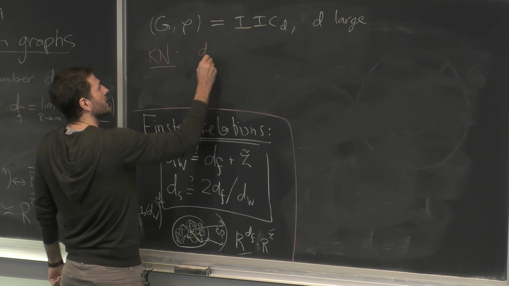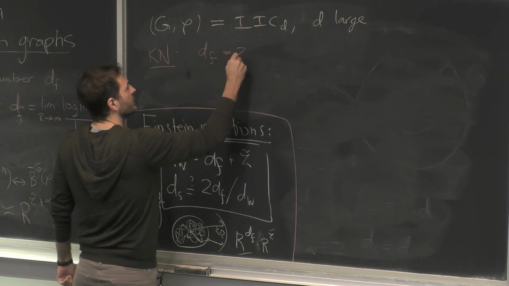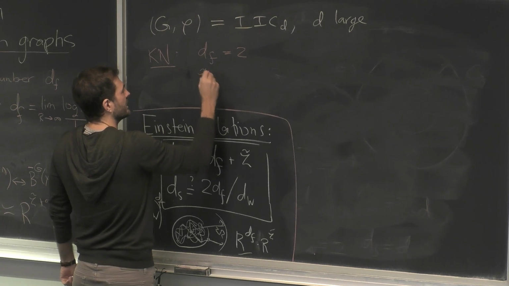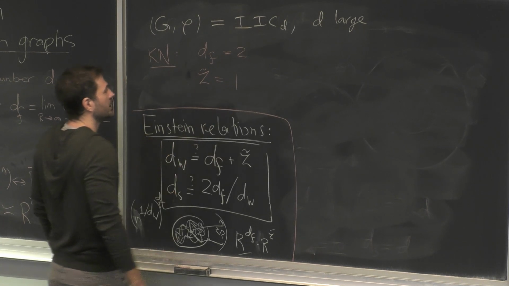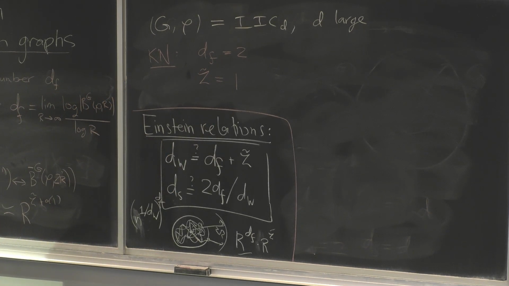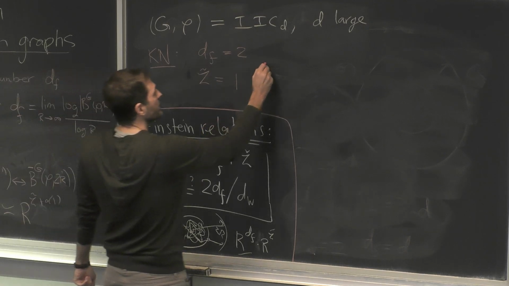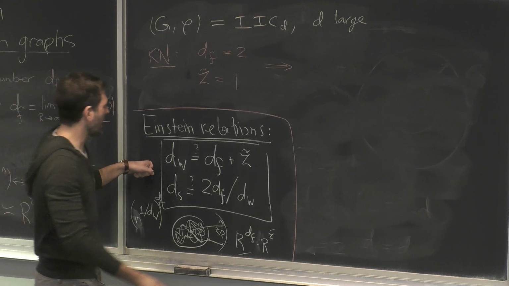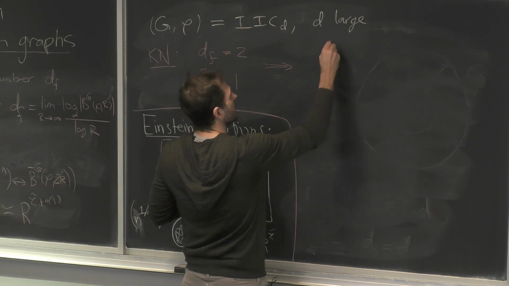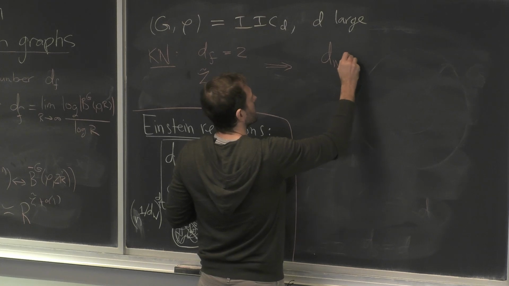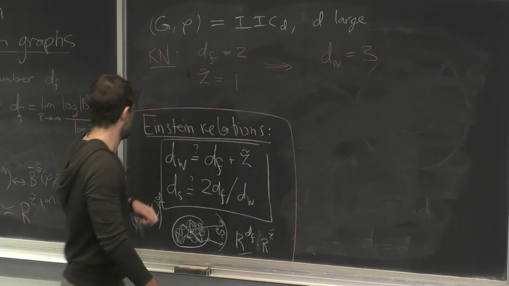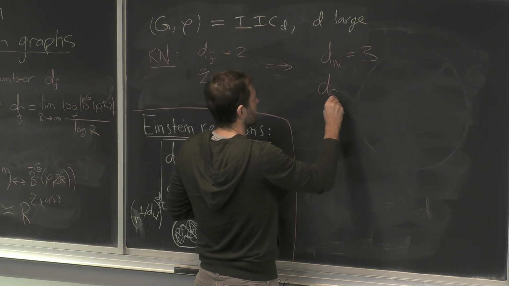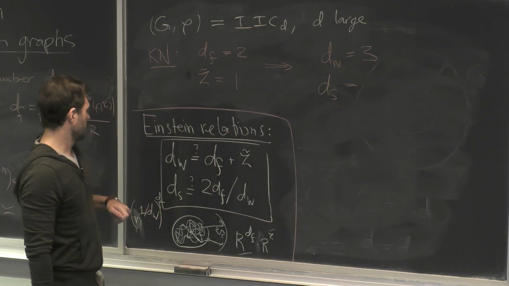They proved in this setting that d_f equals 2, and that the resistance exponent equals 1. And from this and these relations, which I'll tell you about in a second, they concluded that the walk dimension here is 3, and the spectral dimension is